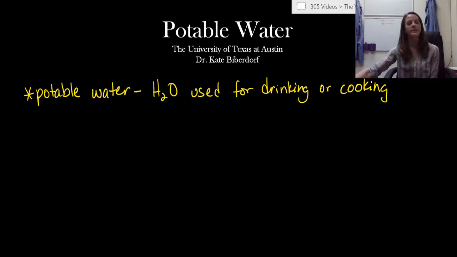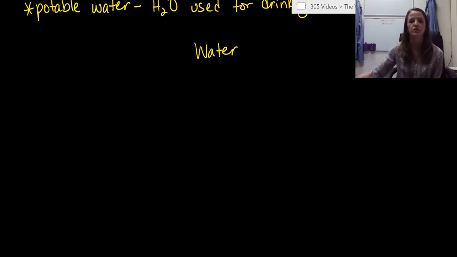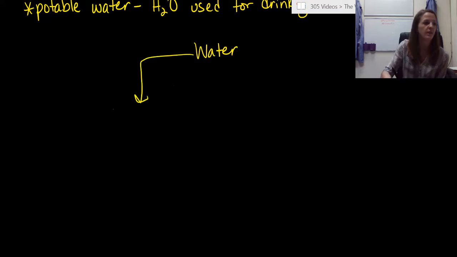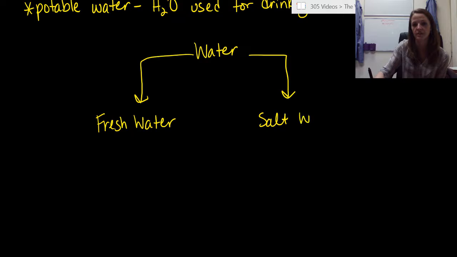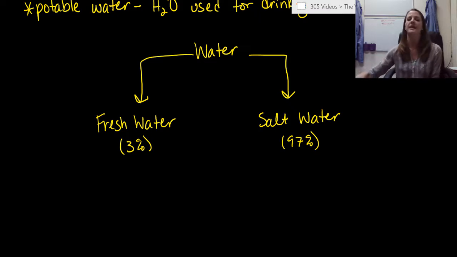So out of all the water that we have on this planet, how much of it is actually potable water? Let's do a breakdown here. Water is going to be our global topic, and let's break it into two different sections. For starters, we have fresh water, and we're going to compare this to salt water. This is the very top of it. About 97% of the water that exists naturally on our planet is salt water, and the remaining 3% is fresh water. So already, right away, you should be saying, yikes, that's not very good for humans, because we can't drink salt water. It does not hydrate us. It ends up dehydrating us. It's not good. Do not drink ocean water, okay?